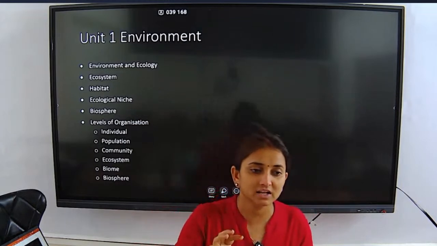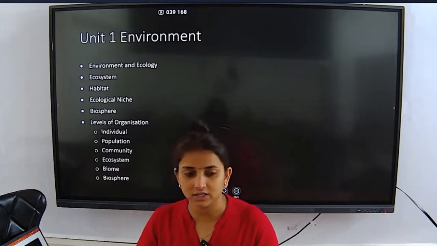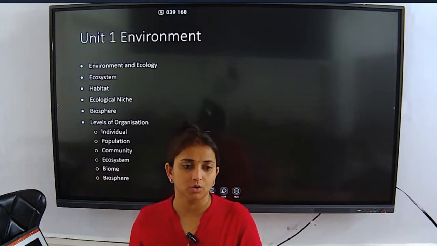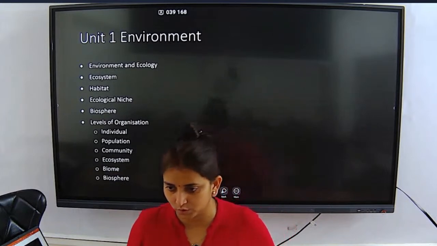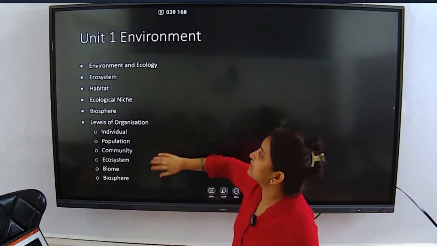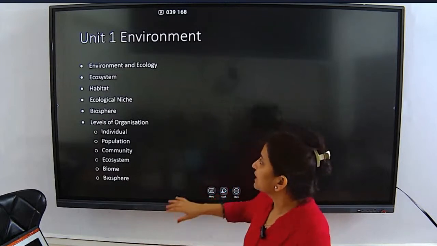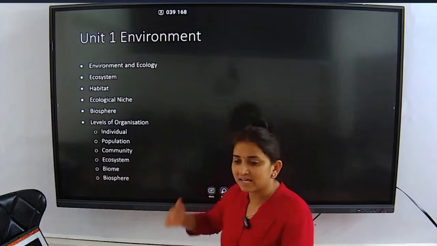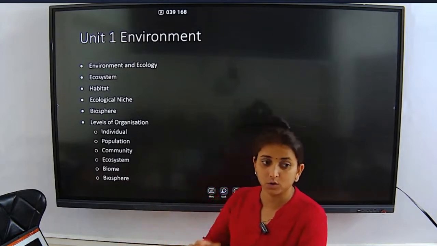Within environment, I want you guys to know about all of this. Within, let's say, aquatic ecosystem, all these things should be known to you. With respect to air pollution, all these things should be known to you. So this is a bird's eye view of unit 1 that we are planning to discuss today, environment. I'll make you write this part. As and when we start discussing in class, we will be writing down the bird's eye view of that particular